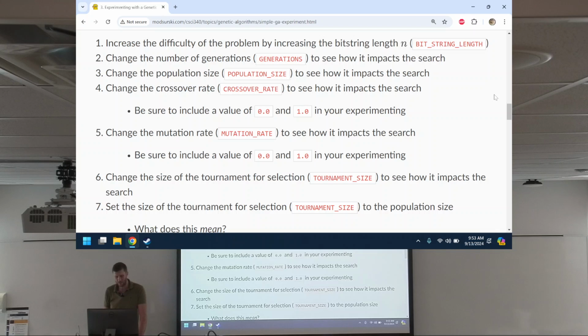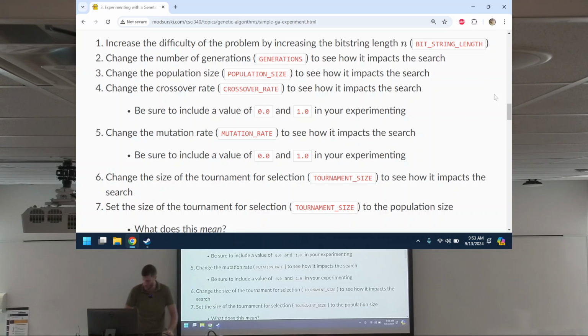How does the population size impact the search? Well, in a similar way. But population size also lets us control a little bit of the diversity of our population. If our population is very small, the candidate solutions in that population will likely converge faster than if there were more things in the population. And when I say converge, I mean all of the chromosomes start to get more and more similar, up to the point of being exactly the same.